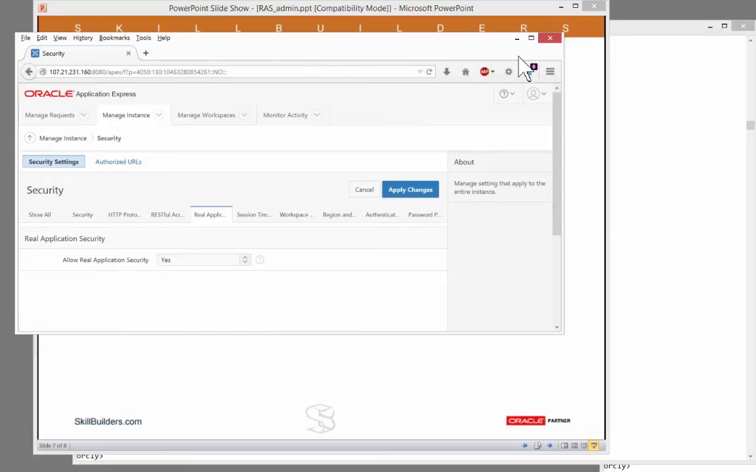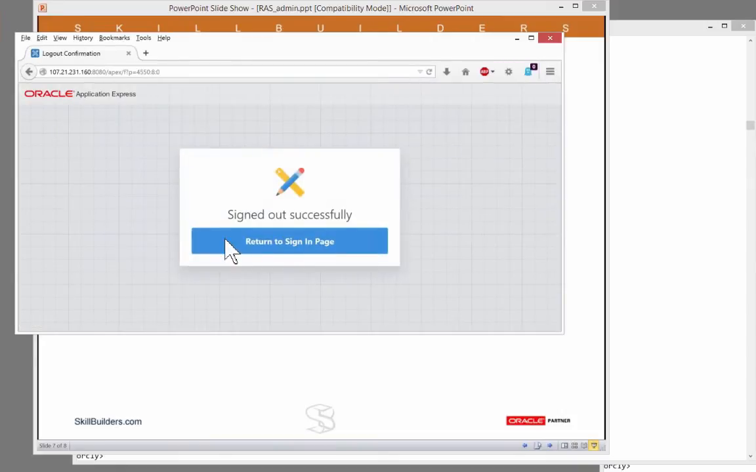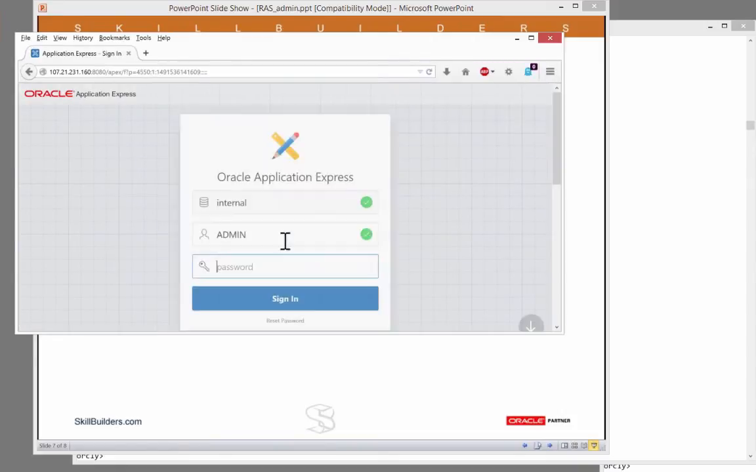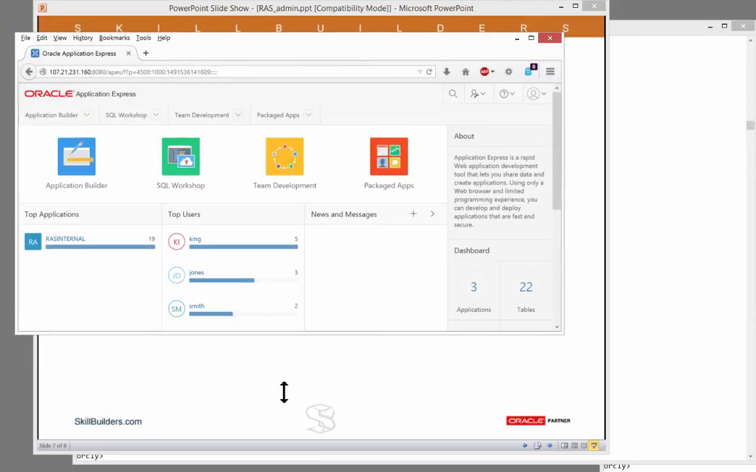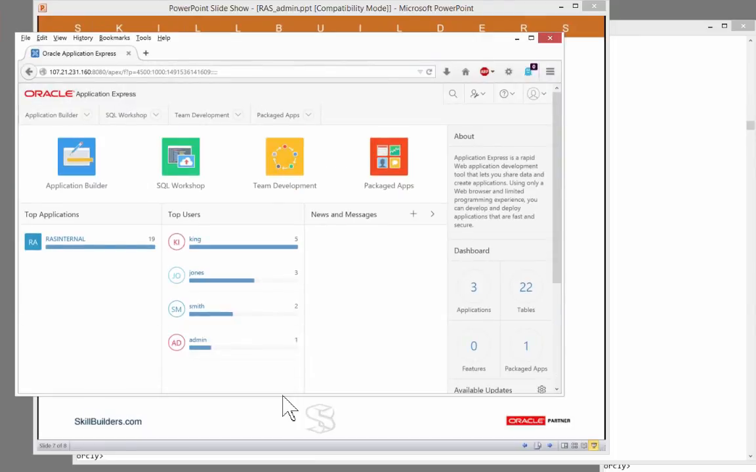Then you have to go to the individual application where you want to use it. So log out from the instance administrator, and I'll go back in to the workspace I created, which was JW1, and log in as my administrator there. So there is some devolved responsibility. Your overall administrator has to enable it for the instance. Then within a workspace application builder,